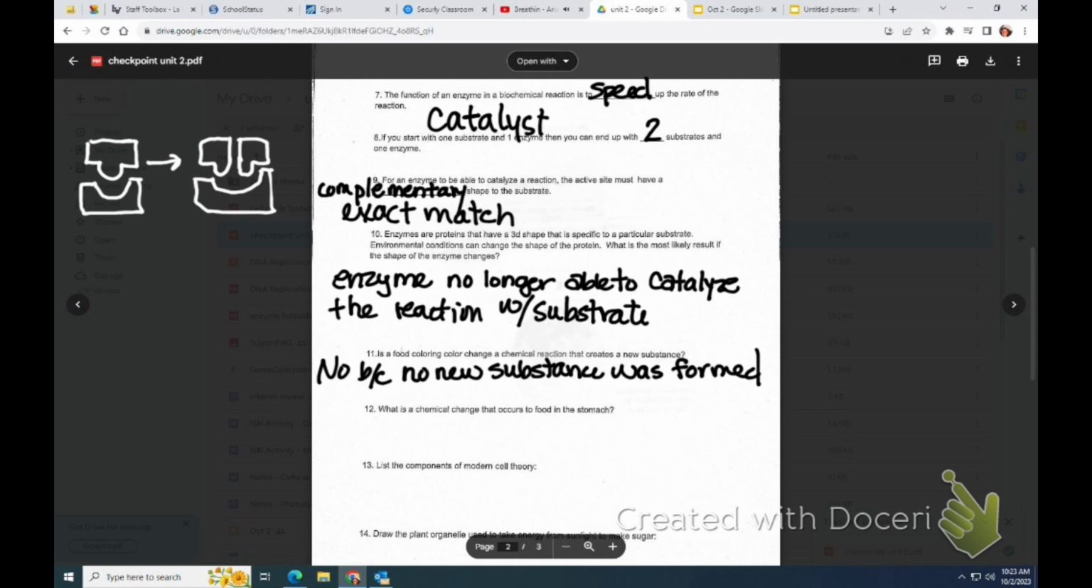Number 12. Who can tell me what is the chemical change that occurs to food in the stomach? Yes, ma'am. The digestive system, right? Yeah. And so if we're going to put that in words, we could say it is a chemical reaction. We could say breakdown. The acids break it. Yeah, the acid specifically. Breakdown of molecules